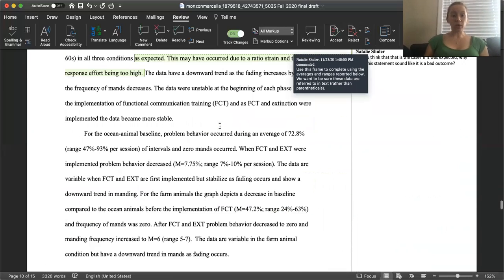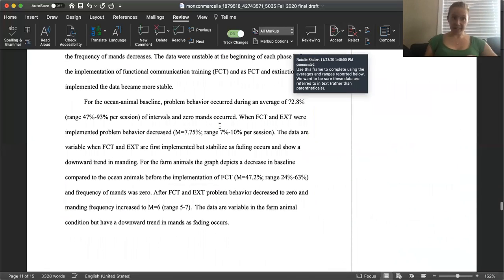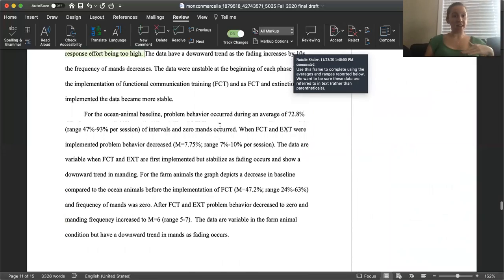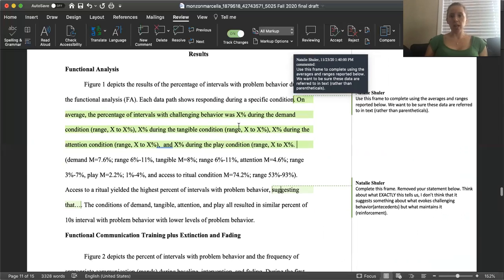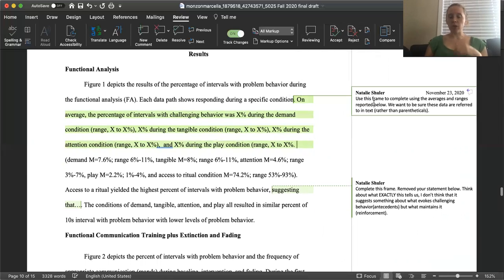So what that'll do is take away all the green and all the edits that I've done. So that's now like a clean copy with the exception of these comments. So for the comments, again, remember that if you have addressed a comment of mine, or if it's not one that requires addressing, you can delete it. If you do address it, it might be helpful for you to leave that comment, but just include where the